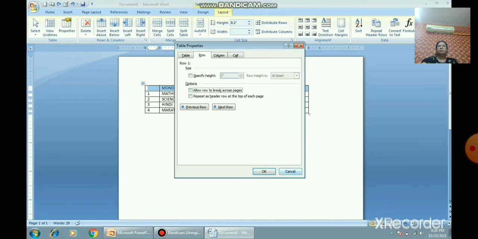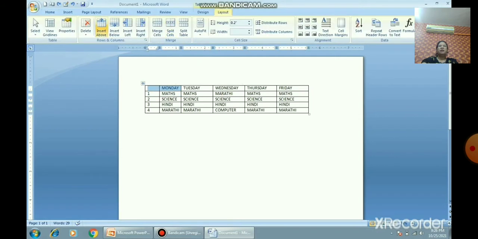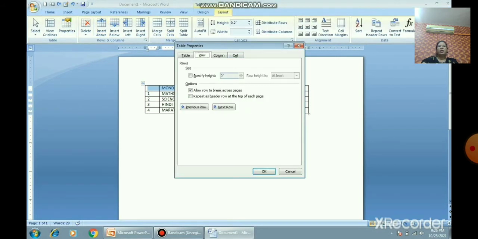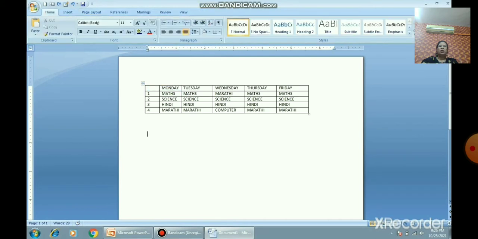Is that clear? Similarly you can change the row height by selecting the row tab. You can select a row tab or column tab in your computer. Is that clear now? So I think all of you understood how to change the column width or row height.